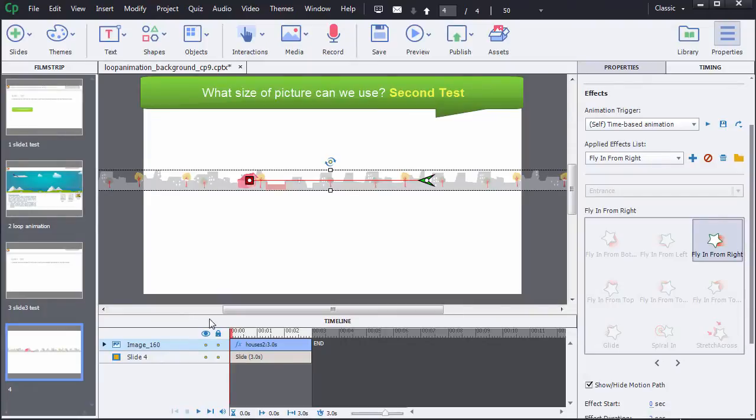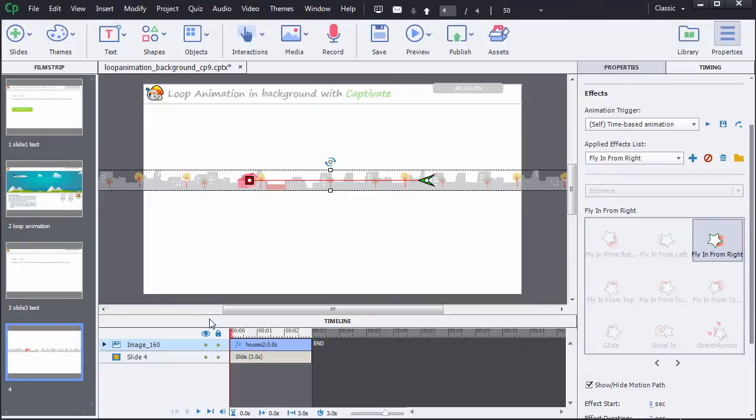But is it really? Yes and no. I would say it's the beginning of the solution, but it's not enough. In order that all works perfectly, our picture must be made with visual cycles as we do in cartoons, and it's not the case for this one. So before going further, as we have understood that we need a picture size wider than the Captivate project, we need to know now how to create a picture with visual cycles.